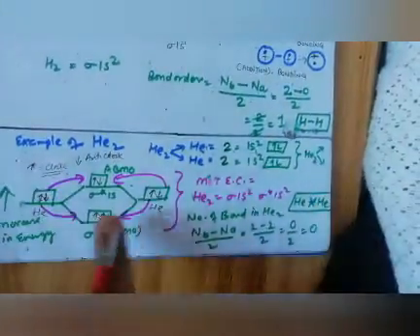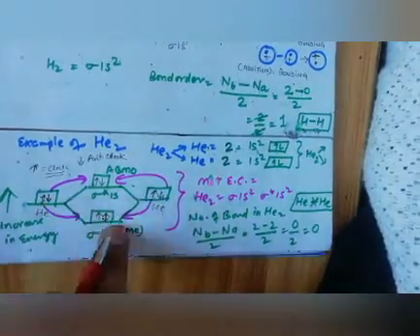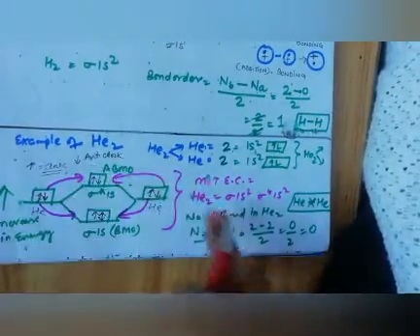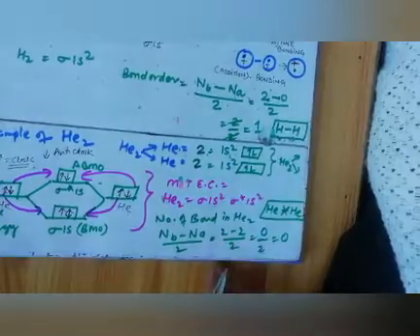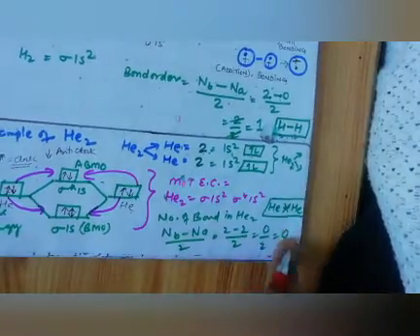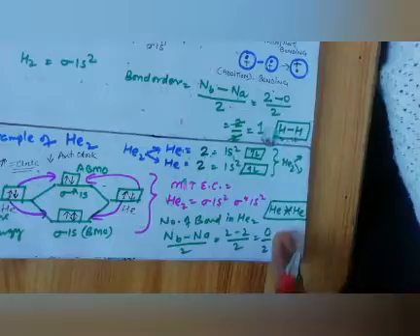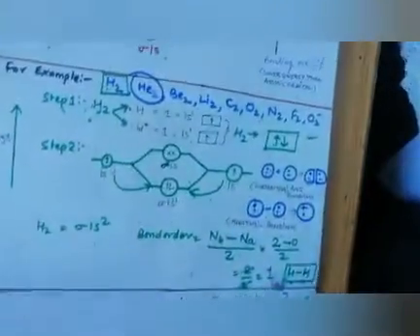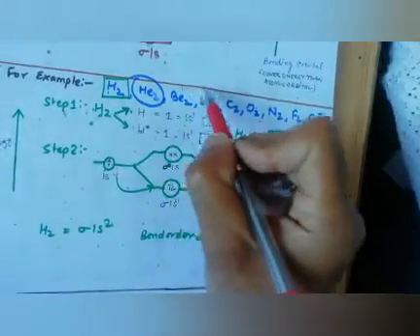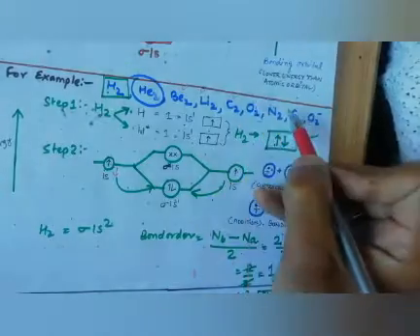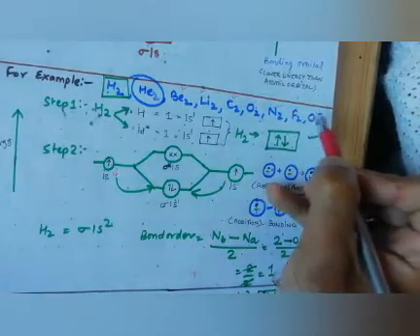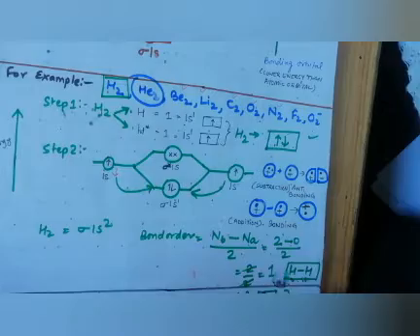Whereas in helium there are 2 electrons. So we will fill those 2 electrons in anti-bonding as well as bonding. So it means that 2 minus 2 becomes 0. 0 upon 2 is 0. So that's why there is no bond between helium and helium. In this way, dear students, you have to do the beryllium molecule, lithium molecule, carbon molecule, oxygen molecule, and nitrogen molecule. Okay. So this is your homework for today.